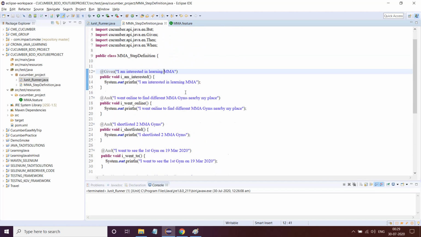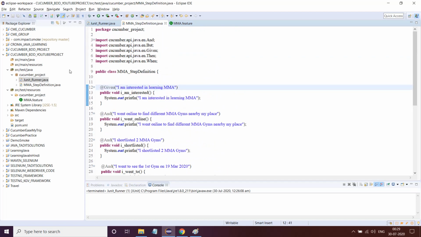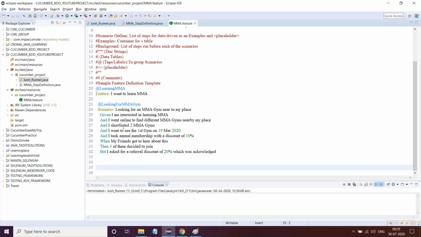And then sometimes what will happen is, for the MMA feature, even though all the glue code, everything is matching, it will not remove those errors or those warnings. So for that, you have to click on the particular project and hit Control F5, close these feature files, everything, and then hit Control F5, and then open it again. All these things will go, but it will not go unless you have deliberately done a certain mistake, or by mistake you have kept spaces and all.